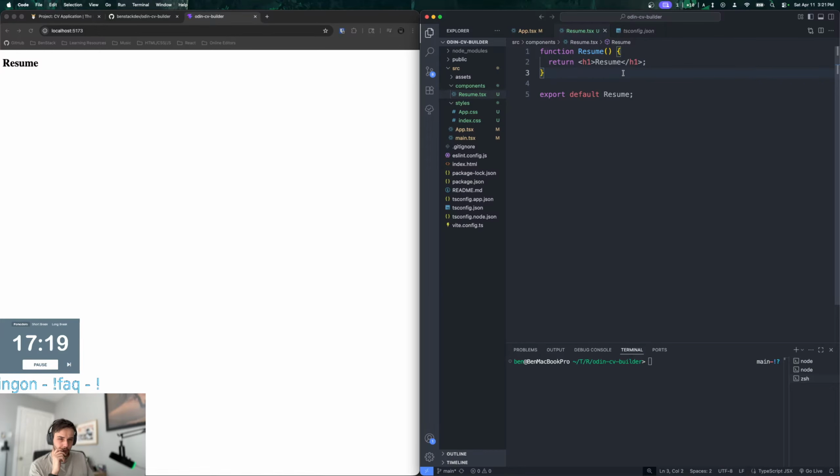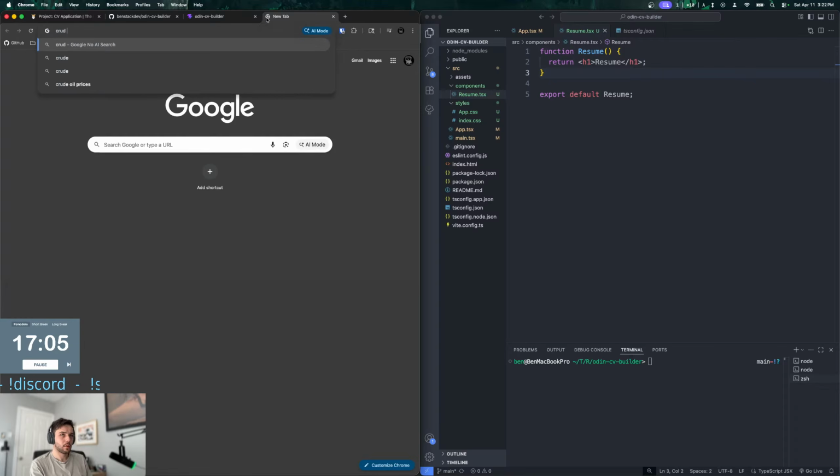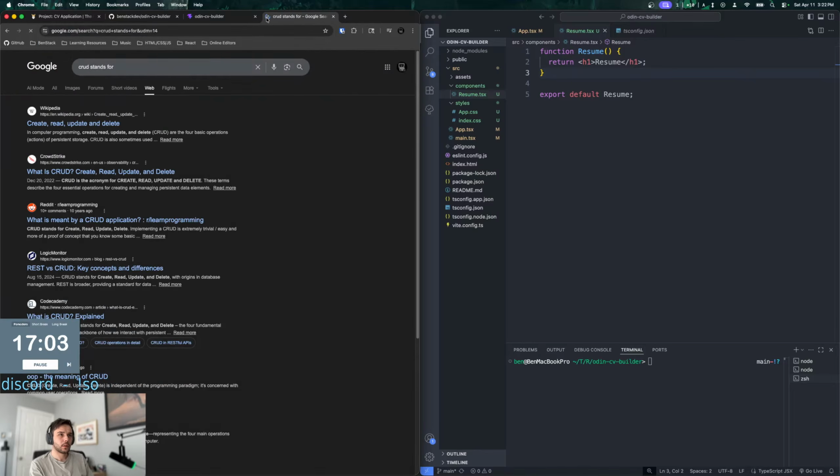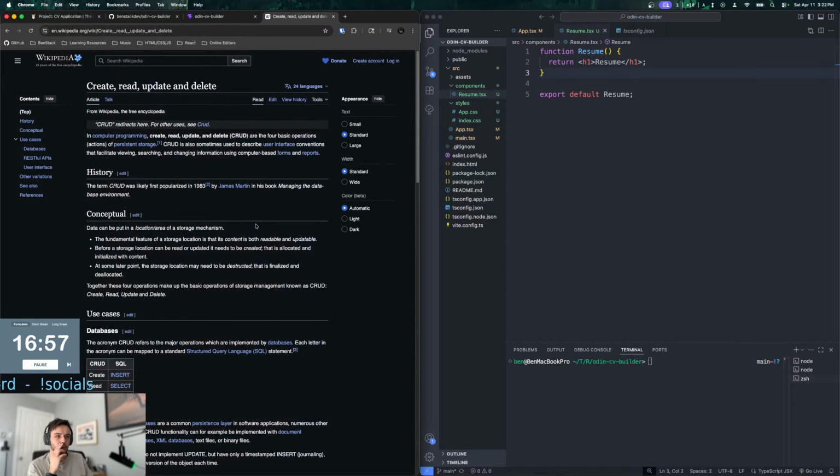This is a CRUD application, so, which is what, create, what's the R stand for again? And then update, delete, something like that. Create, what is CRUD? Read, update, delete. Yeah, okay. Create, read, update, delete. Yeah, I got you.